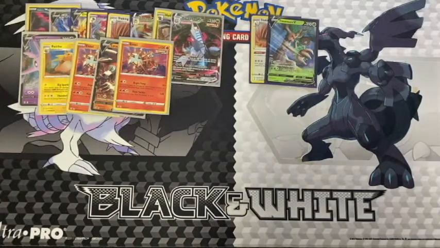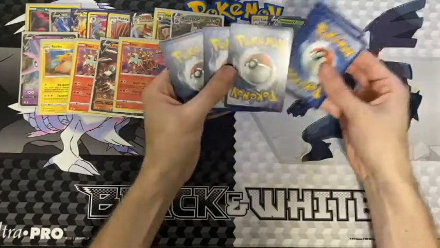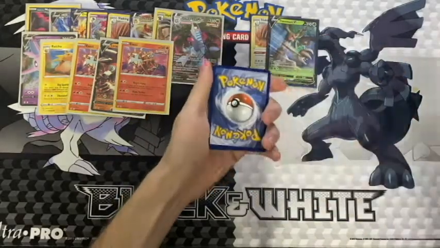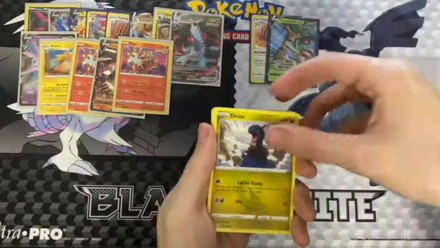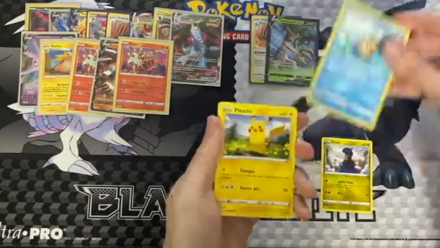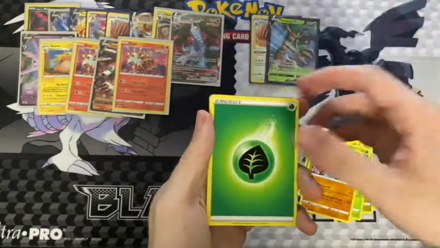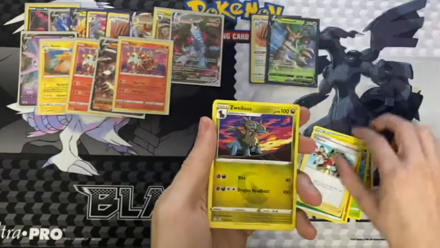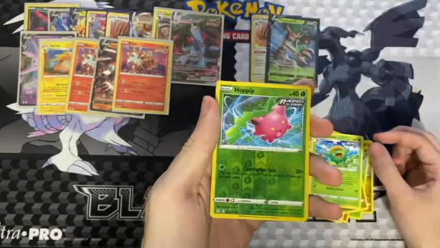Yeah, that one just honestly fell apart. There's something about the packaging for these booster packs for this set that is different. I can tell. I can't explain it, but it feels different. I'm not really sure what it is, but either way, I've got a Grass Energy, Copycat, happy to have one of those, Wireless, Skiploom, Reverse Holo Hoppip, very cool, and